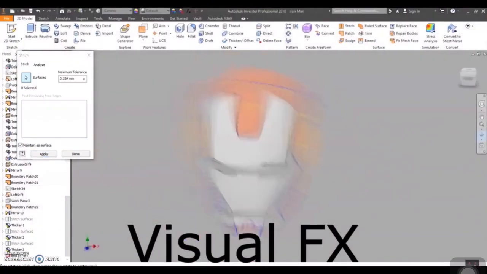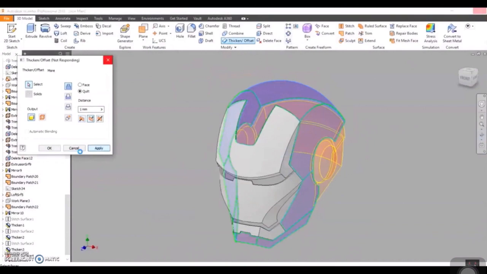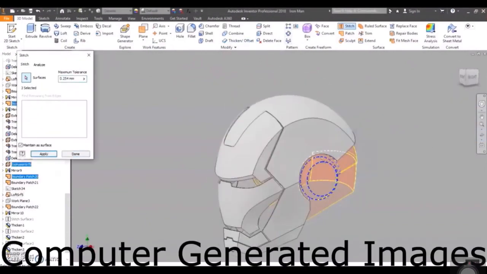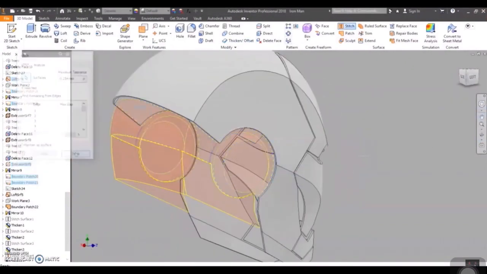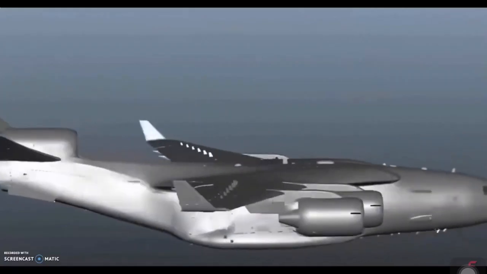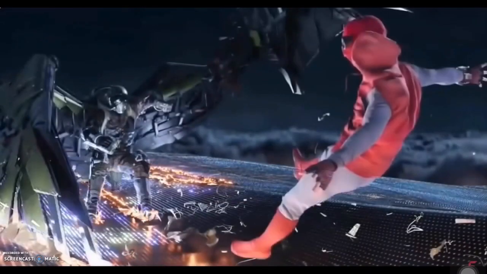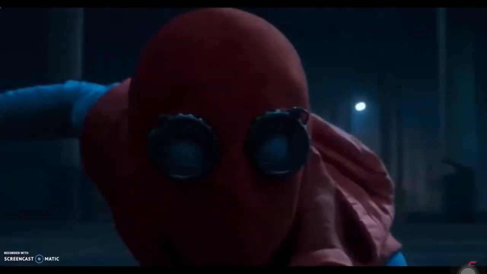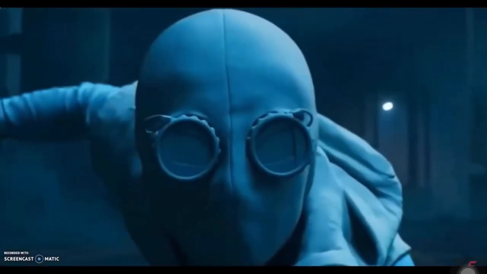Visual effects artists use computer-generated imagery, or CGI, to create images for movies, video games, television, and simulations. These visual effects artists use a variety of CAD programs to achieve this. Live-action scenes with real people are combined with CGI to create these action sequences. Here we see a fight scene on top of an airplane in Spider-Man Homecoming, and you can see the CAD